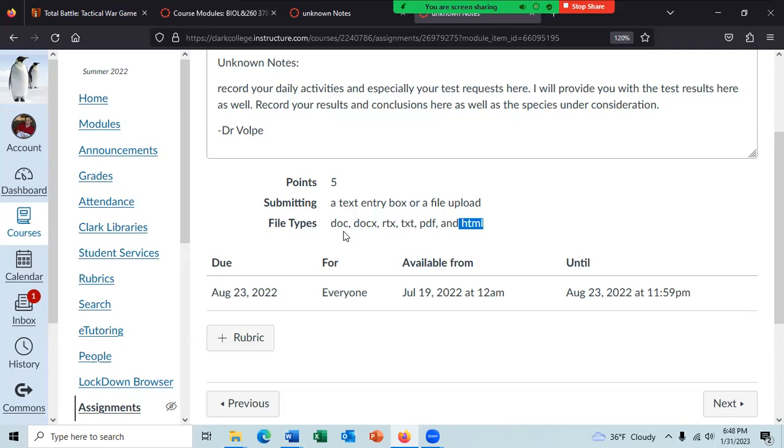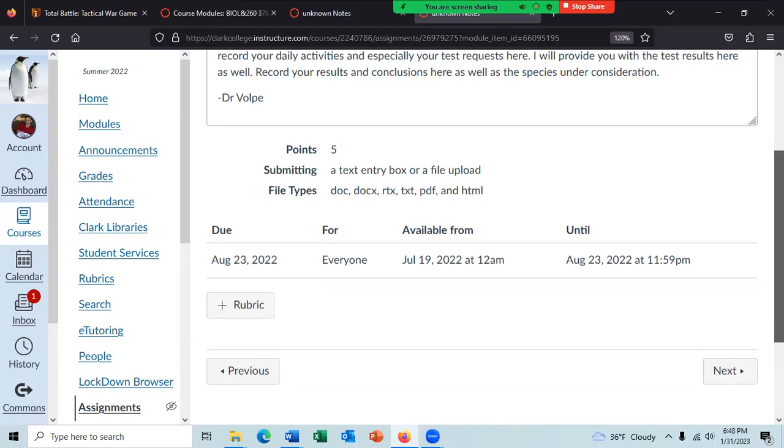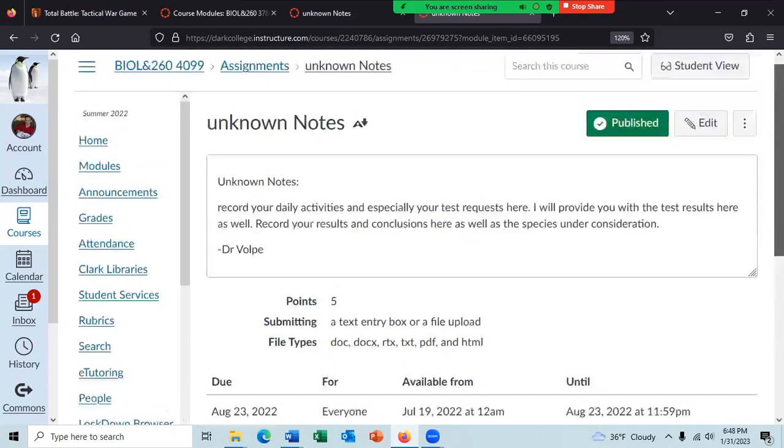If you do not have Microsoft Word and you want to use a word processor, save it as a rich text formatted document or a text document or a PDF file or even an HTML file. It looks like you can submit the document in the text directly.